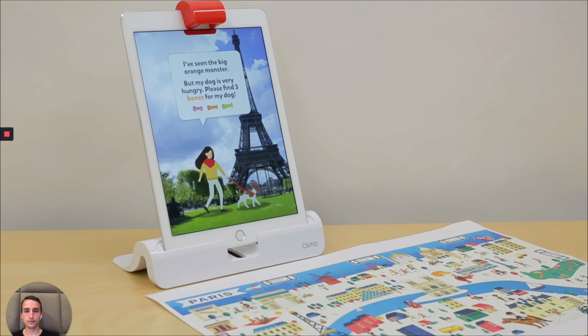I've seen the big orange monster, but my dog is very hungry. Please find 3 bones so I...